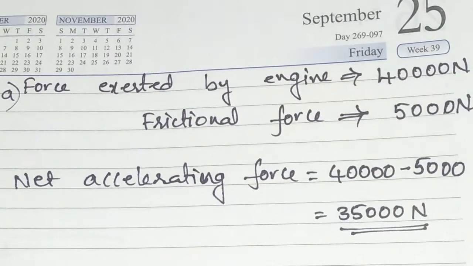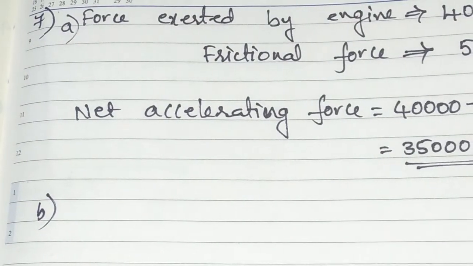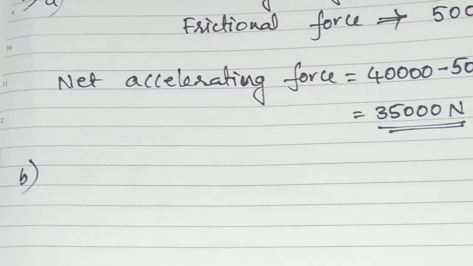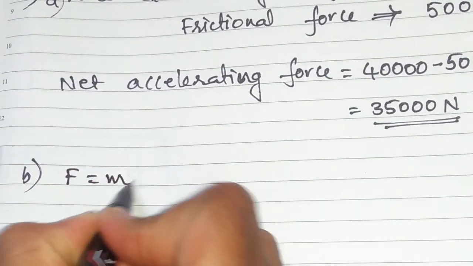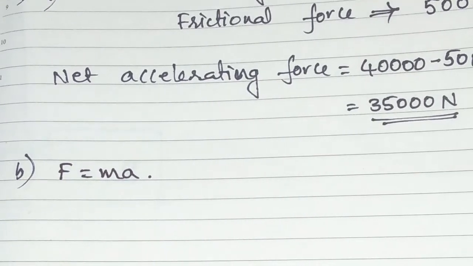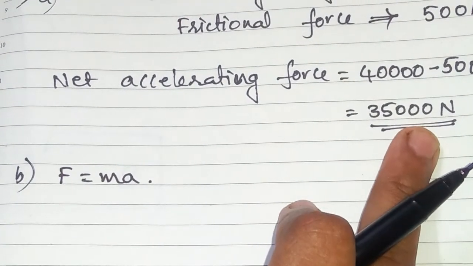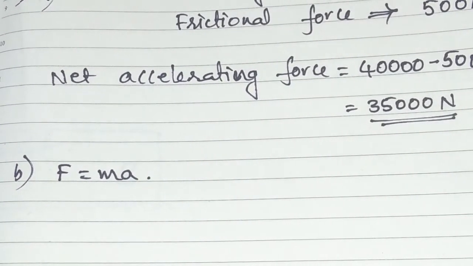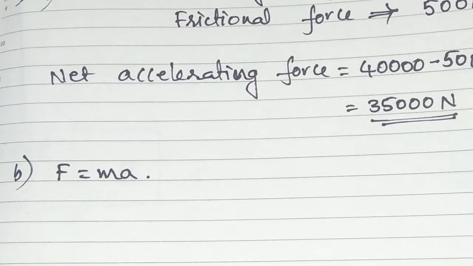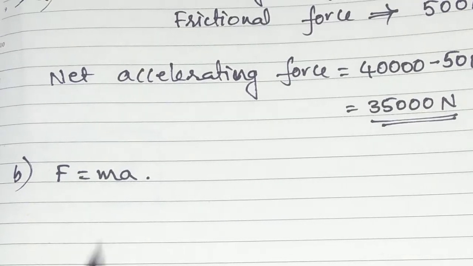Now coming to the second part of this. In the second part we have to calculate the acceleration of the train. So before going to calculate that, first of all let me see what is the formula. F is equal to ma. So once we check whether we have the net force or not. Yes, now we have calculated. Now whether we have the mass of the train or not. Yes, we have, because they have given that the train has 5 wagons and each of them has 2,000 kg. Okay, the engine we are not counting into that.